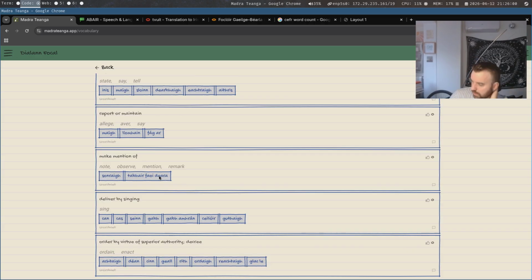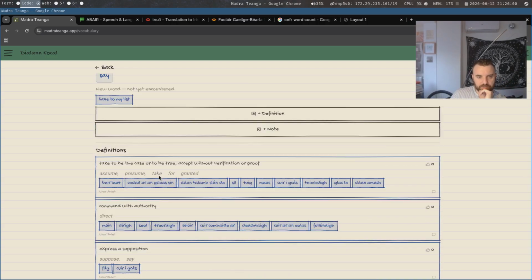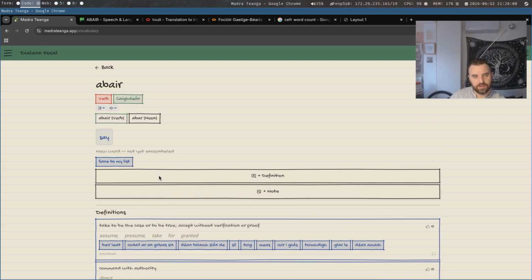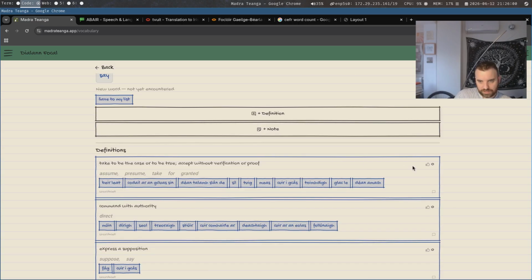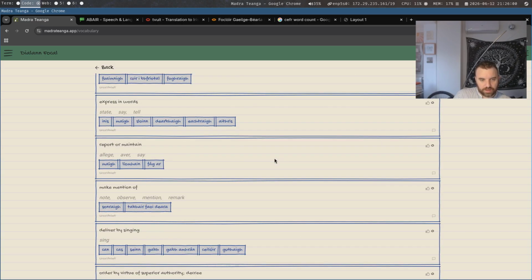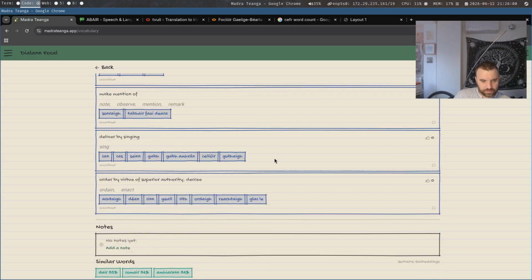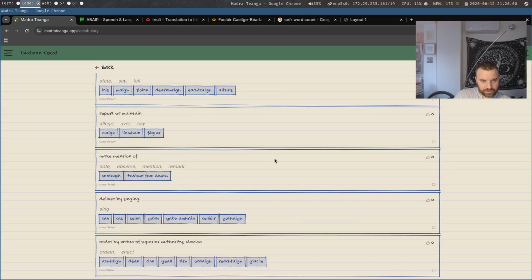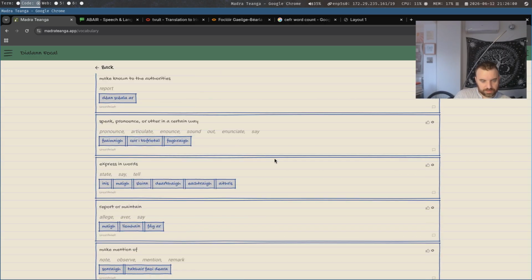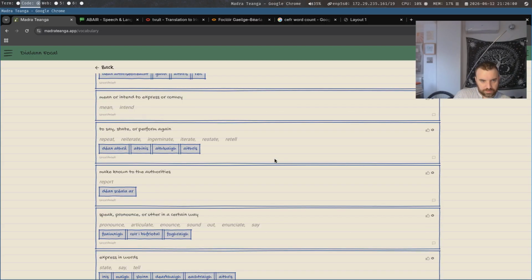This is another thing too. It's dangerous to do direct translations word to word. It's rare for languages to have exactly the same meanings for things. It subtly gets lost, so it's sometimes better to have a broader definition that you can refine by seeing it. So you can see it in here. You can upvote which one you think is right. Let's see, I'm trying to make mention of, report, express. Yeah, this one's the most accurate to me.